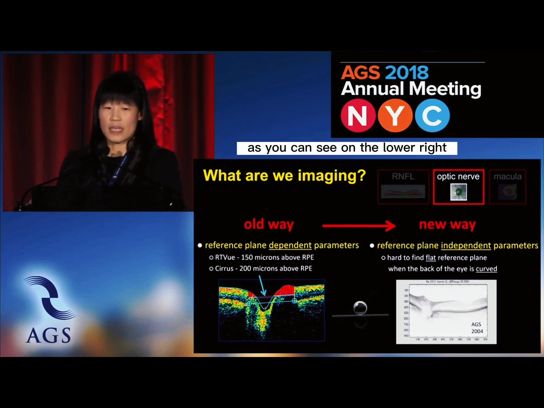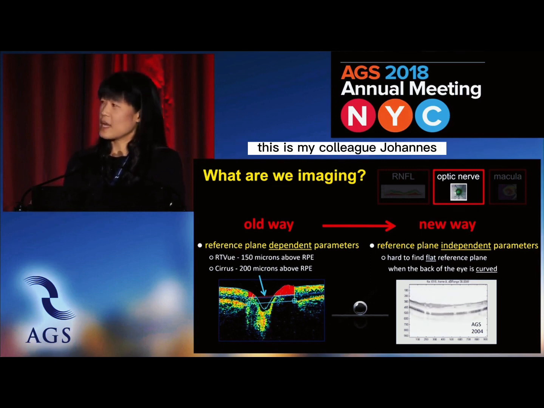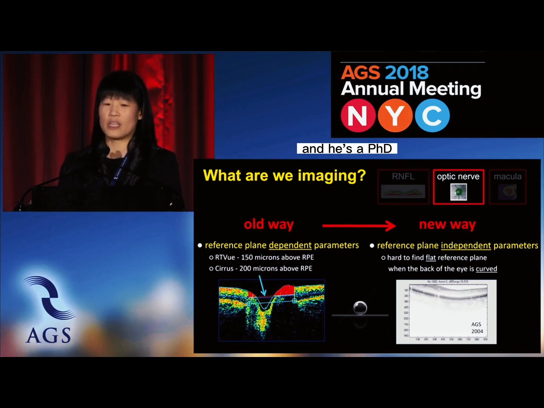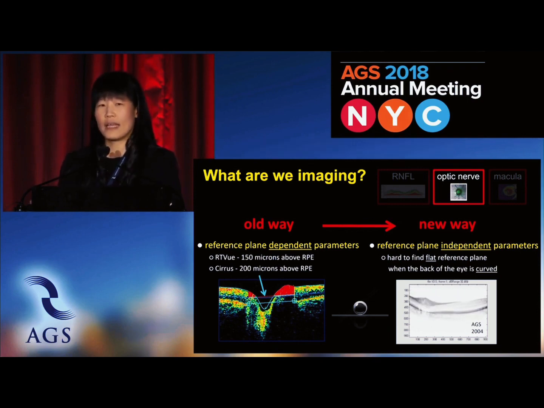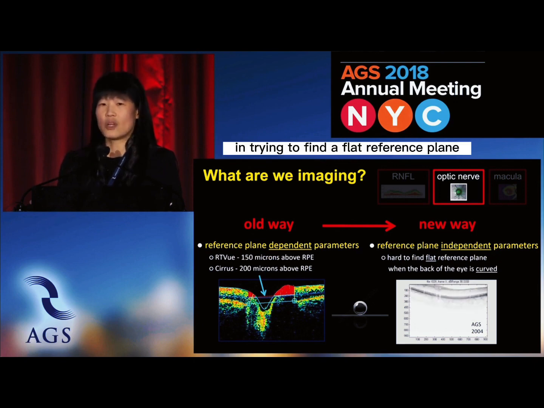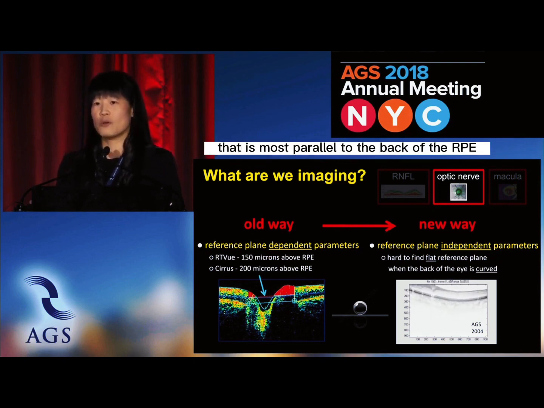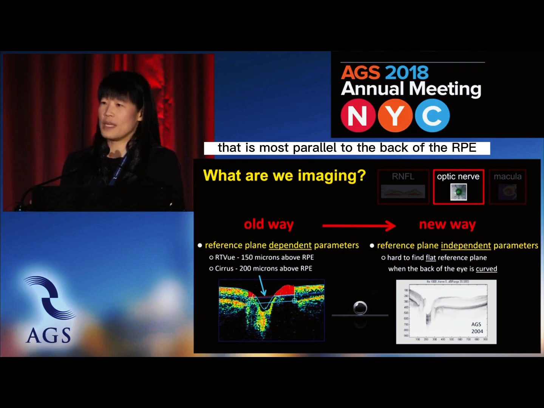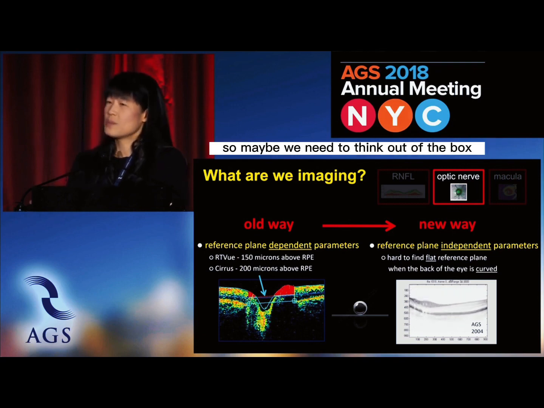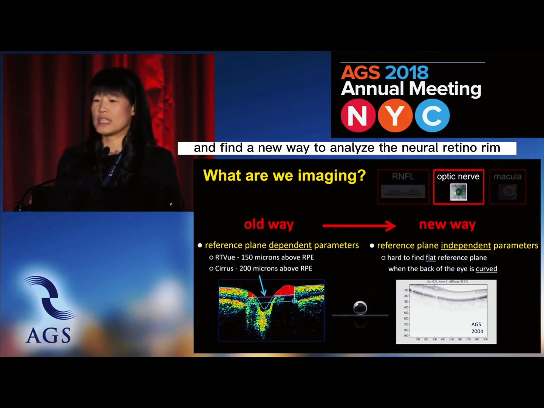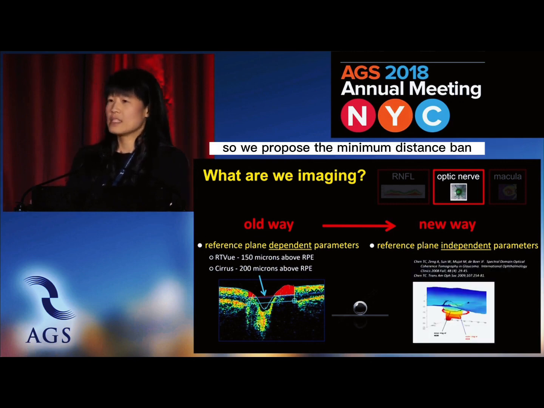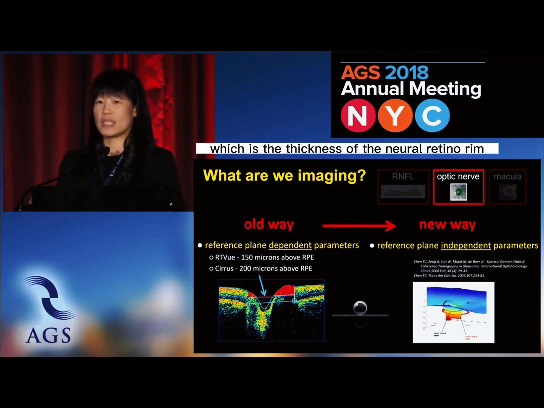However, as you can see on the lower right, this is my colleague Johannes de Boer's eye, and he's a PhD physics person. And he said, you know, Teresa, there's some inherent intrinsic inaccuracies in trying to find a flat reference plane that is most parallel to the back of the RPE or the back of the eye, which is a sphere. So maybe we need to think out of the box and find a new way to analyze the neuroretinal rim. So we proposed the minimum distance band, which is the thickness of the neuroretinal rim between the cup